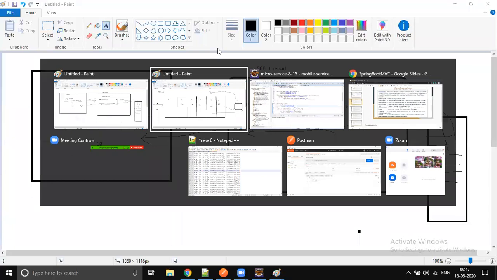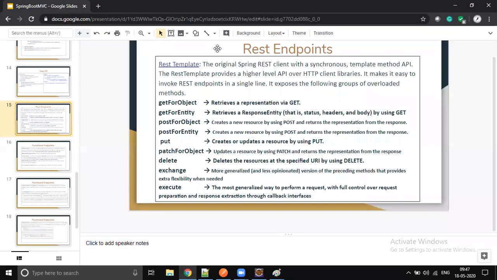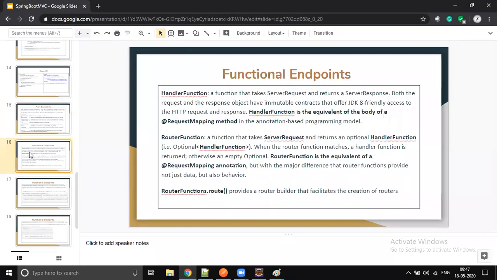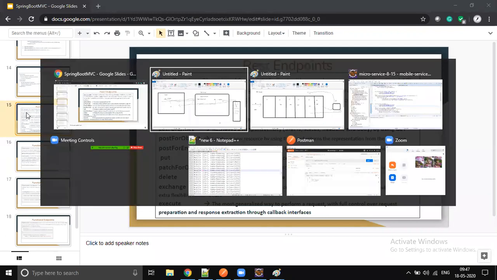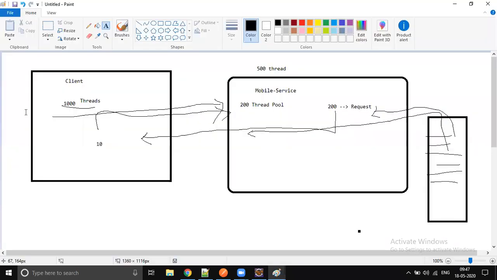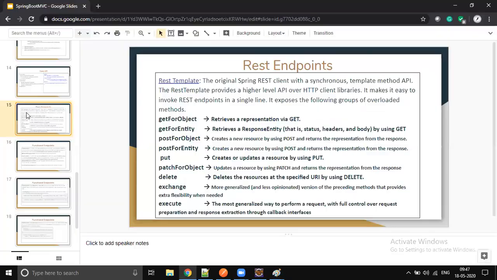Okay, so the next topic is a little advanced topic. Till now, whatever services we wrote, if you are not able to understand the problem fully, it's fine. Just get a high-level idea. We are making threads sleep in a blocking API. If it is a non-blocking or reactive model, then threads will not be sleeping. The sleeping thread will go and pick the next job, right? Okay, so that is what I just want you to highlight.